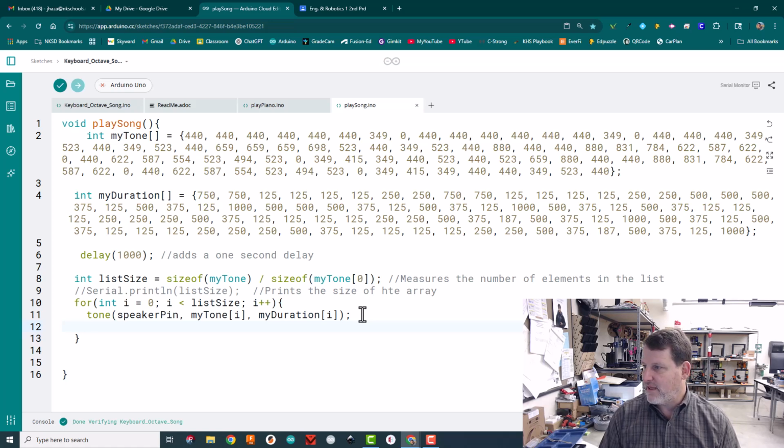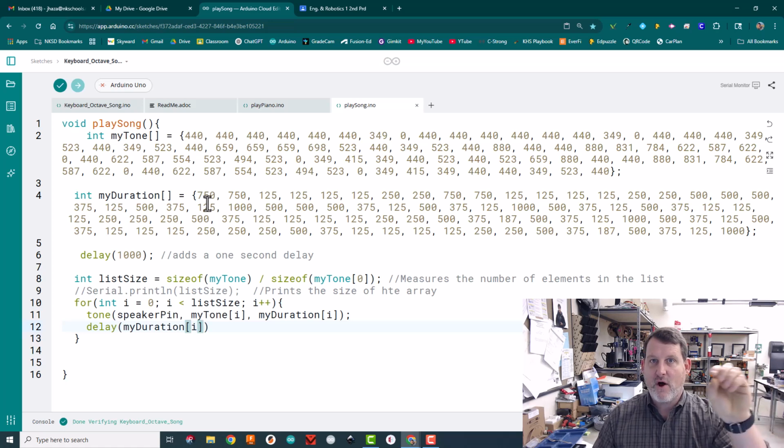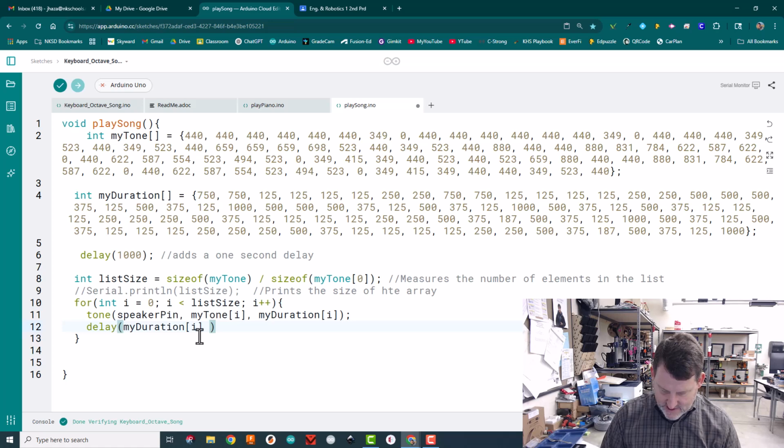Now I want to put in a little bit of a delay because I don't want the 2 different tones to start right after each other. There's a little bit of pause between them. And then I'm going to try this for the delay. So I'm going to use the same duration up here. So if there was a long play of the tone, there'll be a fairly long pause. So it'll kind of match the 2. And then I did a times